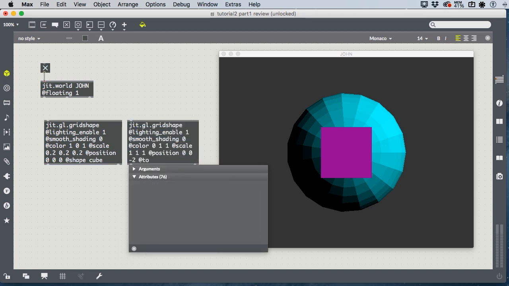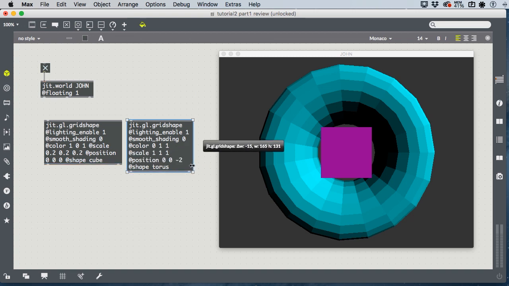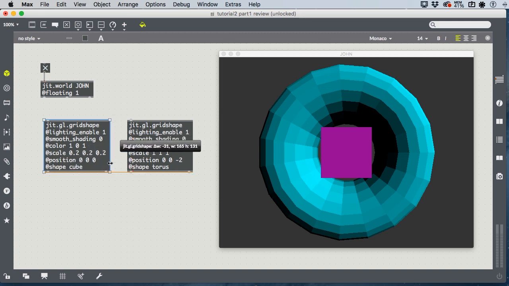or a torus. And some of you mentioned to me that you don't mind reading all the information across in a complex line, but just take a look at how much more readable it is when you take a moment to adjust the width of the object so that all the @ signs line up, and you can really read what it is that's in your object. So shape cube, shape torus, and then if we rotate,